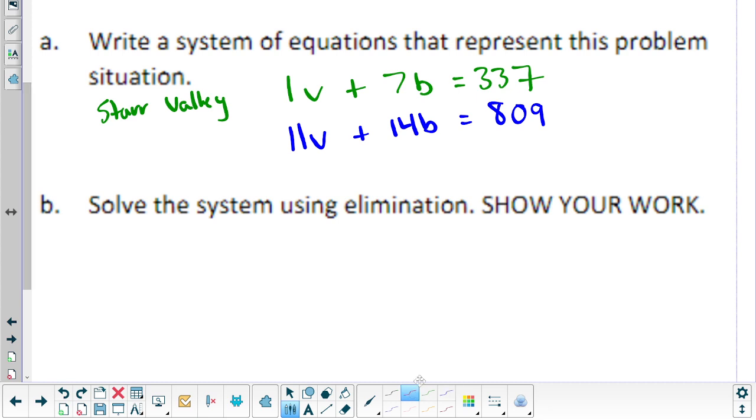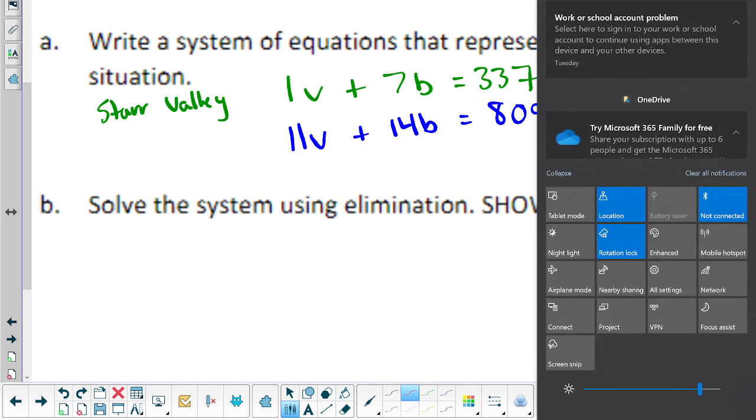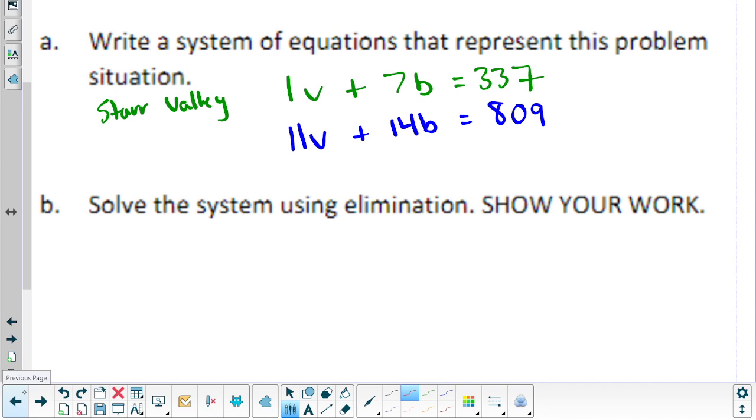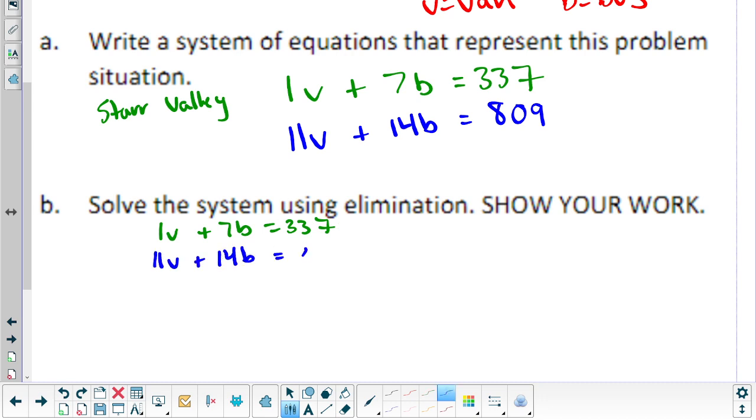And now I have this system of equations. The only difference is that instead of using x and y, like in the problems from the previous couple answers, I'm using v and b for vans and buses. So v is van, b is bus, okay? And then my numbers on the right are a little bit bigger, but I bet we can get through it, okay? So solve the system using elimination, show your work. Well, if this is our system, right? If we have 1v plus 7b equals 337, and I have 11v plus 14b equals 809,